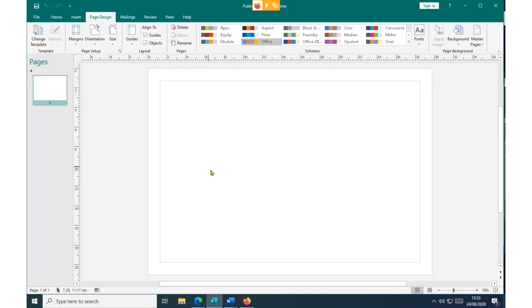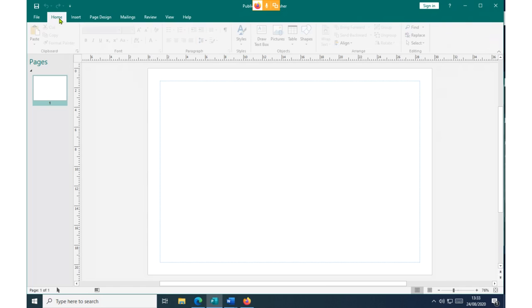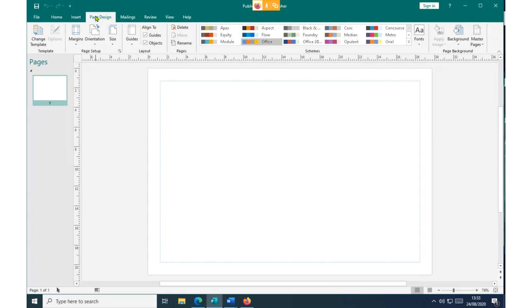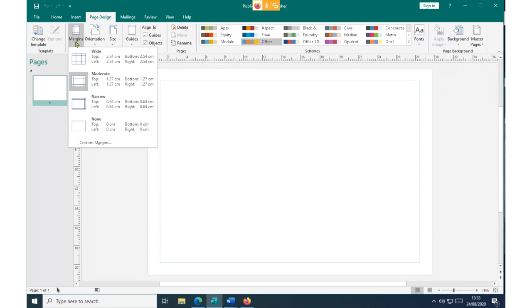When creating a brochure, it's sometimes important for us to avoid leaving so many spaces. So we are going to change the margins. To change the margins, you must click on the Page Design command, then on the Page Setup location, you click on margins, and then you select narrow margins.